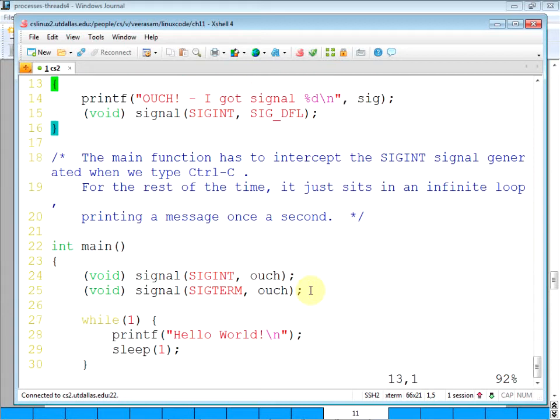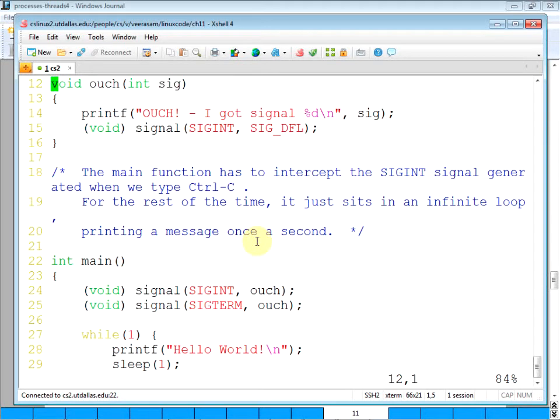You can specify how to process each signal. It's a little bit confusing. So when you say control C, when you're running the command, that's a signal by itself. Signal interrupt, and then signal terminate is, I think, if somebody kills, I think, kill signal. This is a kill signal coming from, you know what?